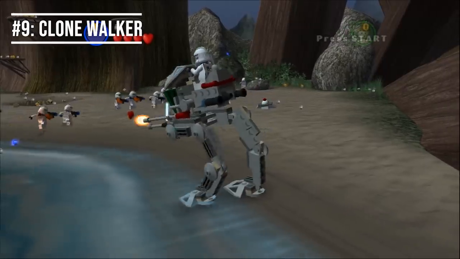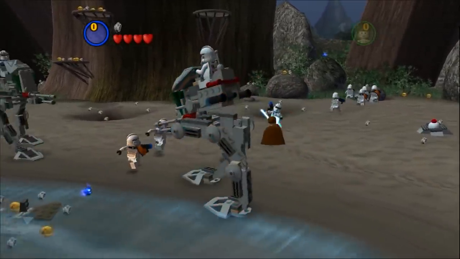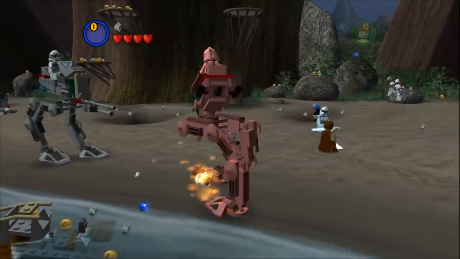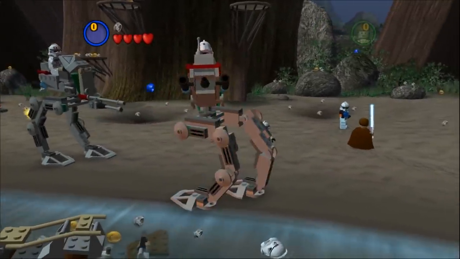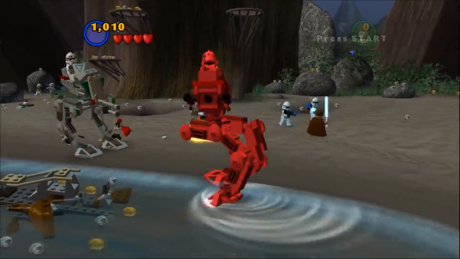At number 9 is the Clone Walker. Appearing in the 4th level of episode 3, these guys stomp around the marshy swamps of Kashyyyk, trying to eliminate any enemies in sight. This is probably one of the most exciting ones on the list, at least for me,